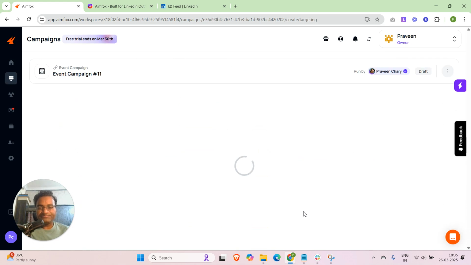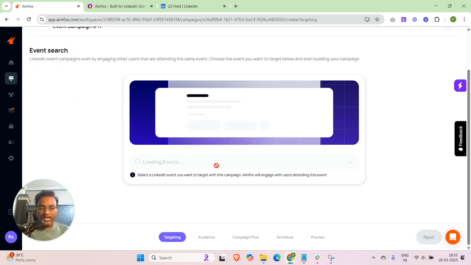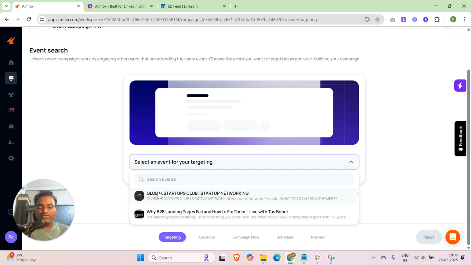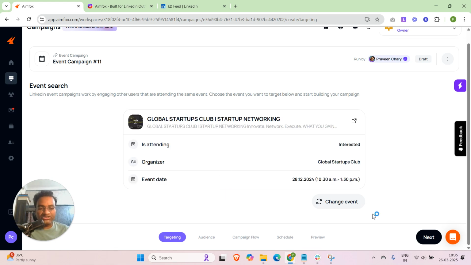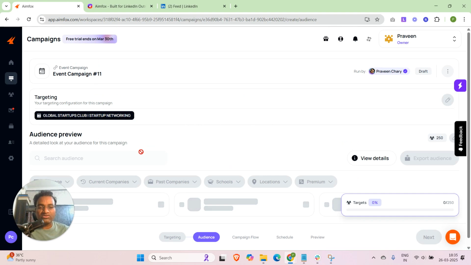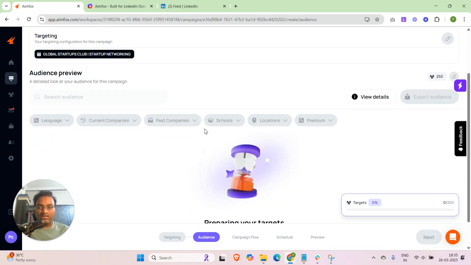Then select create campaign, and it will load the events, basically whatever events you have attended. One thing I'll suggest is, first go to that event on LinkedIn and attend or participate. Just click on attend event, then you will see the event list here. You can select that event, and it will give you all the information. Then if you click on next, it will show you the audience